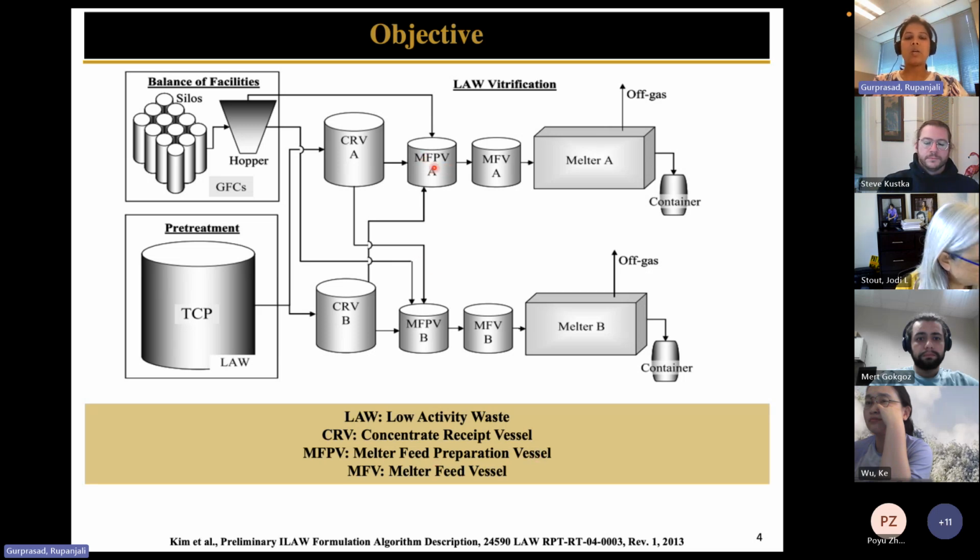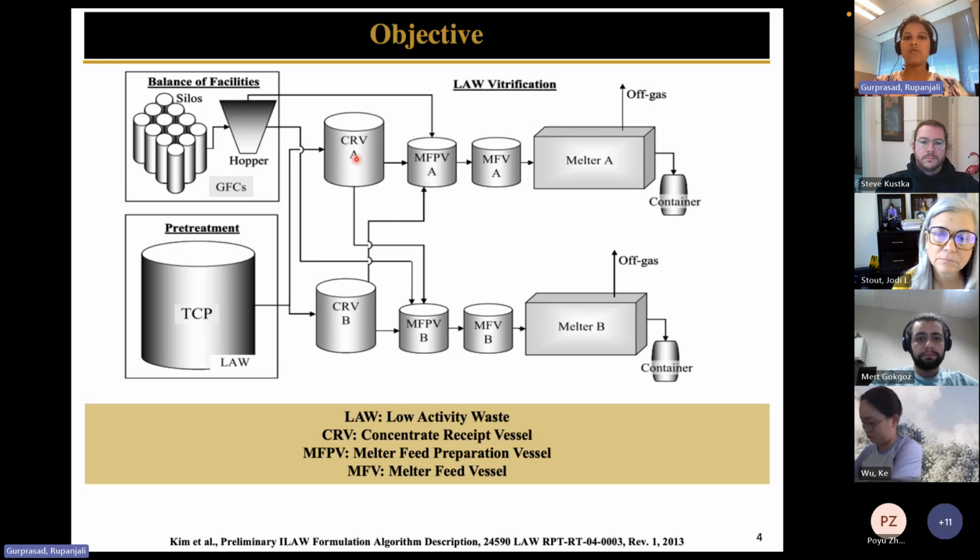In this tank, based on the composition of the incoming waste stream, a lot of solids are added to the nuclear waste. The solids that are added are stored in these silos, and they are called glass forming chemicals. These glass forming chemicals are nothing but a combination of silica, a lot of silicates, and a lot of metal oxides. So you'll see that the physical state of the waste essentially has changed.